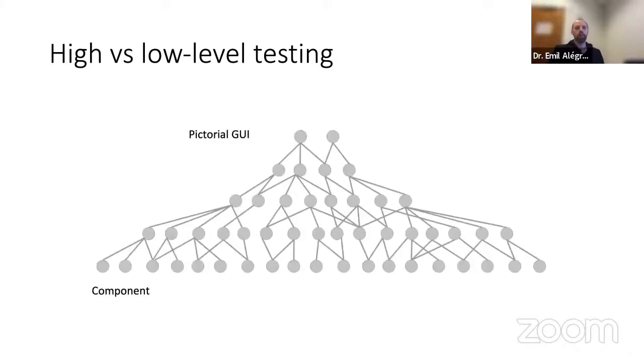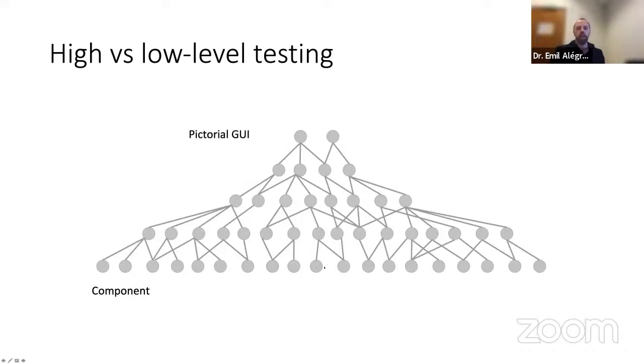So then we need to talk a little bit more about high versus low level testing. A view that we can consider when we look at software, most of the time, is that it's a black box where there is functionality within the black box, and we send some inputs and we observe some outputs. However, if we want to talk about root cause analysis and more detailed types of testing, we can consider it more like a spider web of functionality, where the nodes on the very top level could be just buttons, for instance, on the GUI. Then we have architectural components beneath, control code, etc. And at the very bottom, we might have our functions or algorithms that do some